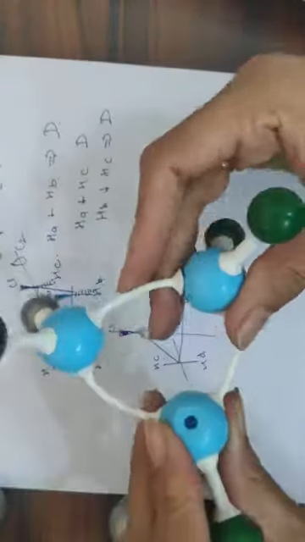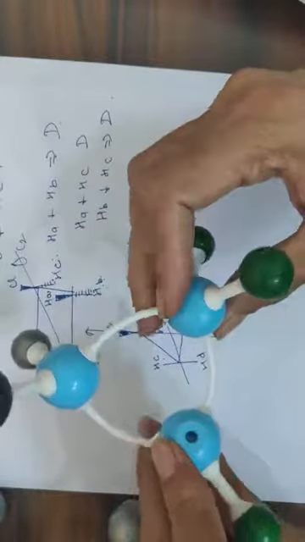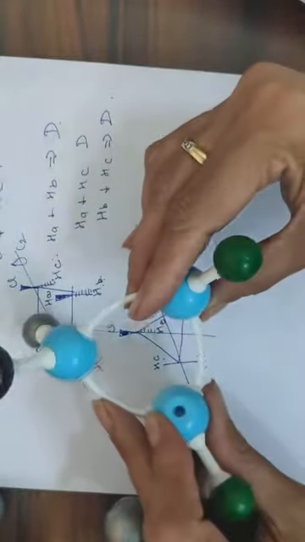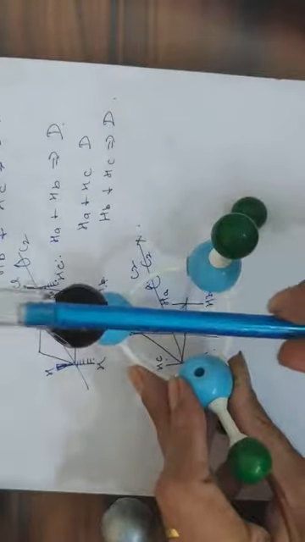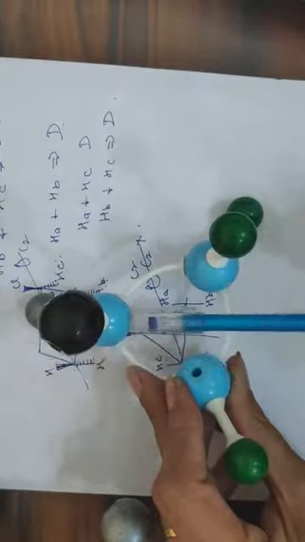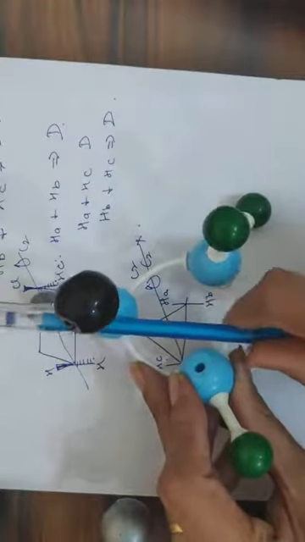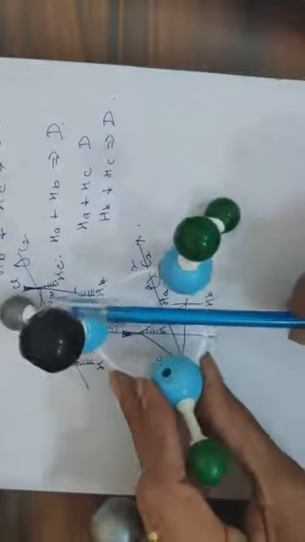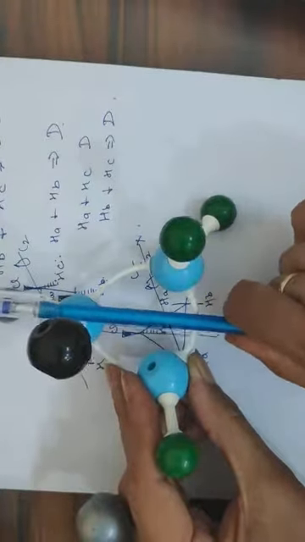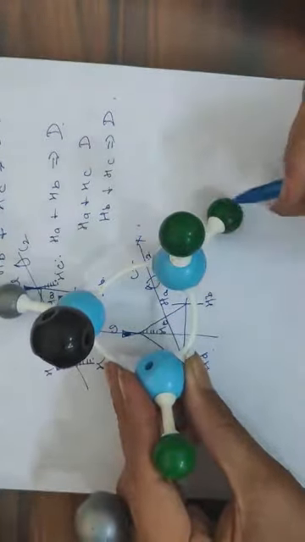So if the C2 axis of symmetry is not present, then we look for the presence of a plane of symmetry. This is chlorine, this is hydrogen. If you pass a plane from here, which is cutting this chlorine, this carbon and this hydrogen, these will be cut into two parts. But what is the relationship between this hydrogen and this hydrogen? These two hydrogens are reflected by the plane of symmetry. The plane of symmetry is passing from here. This and this are mirror images of each other. This hydrogen and this hydrogen are also mirror images of each other.